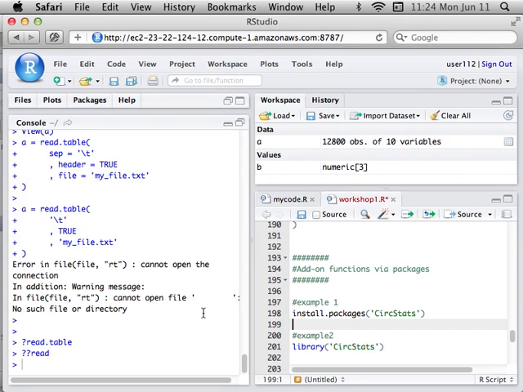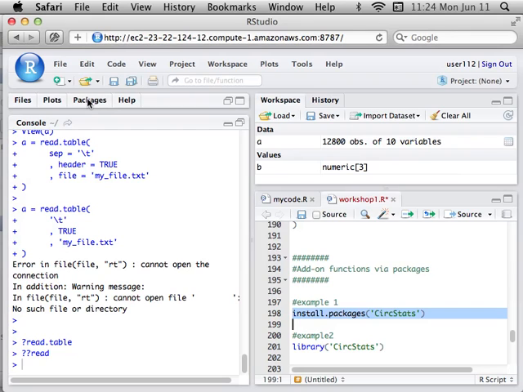Circstats doesn't come pre-installed, at least as of a while ago. It might have become one of the base packages, but last time I checked, circstats doesn't come pre-installed, so I have to install it. What's nice about R is that you don't have to go to the web and download something and then run an installer. You can just run a line of code, and R will handle going to the web, downloading, and installing. You can do this by a command at the command line, or, if I recall correctly,